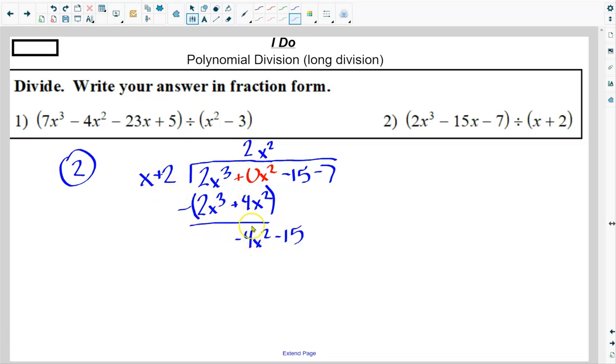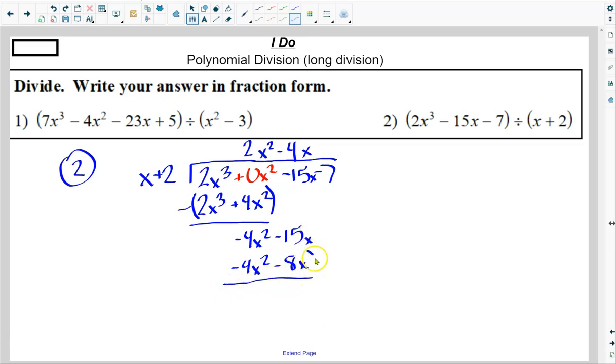So here I need a negative 4. Forgot this guy. Negative 4 times x is negative 4x. I need another x, so I'll put it in here. And now this times that is, this times this is